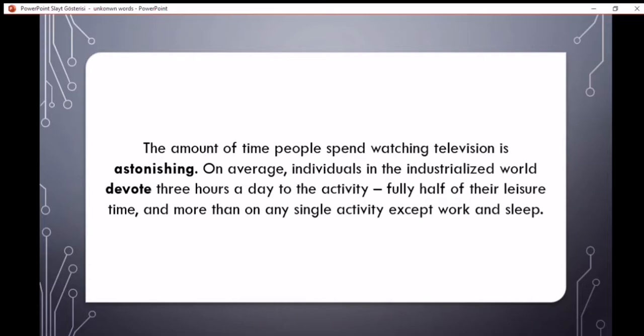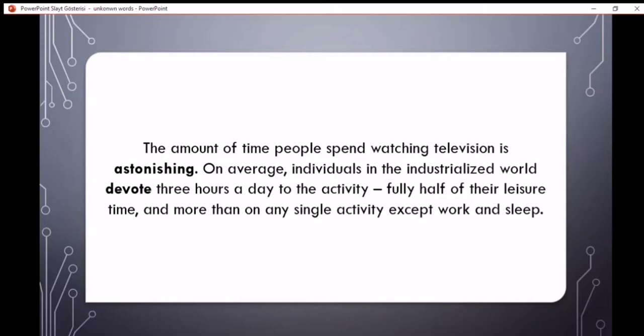It can be shocking, it can be devastating, it can be surprising, but it cannot be funny, it cannot be sad. Well, it can be disappointing, but disappointing and sad are two different things. So it's an adjective that can be connected to the amount of time people spend